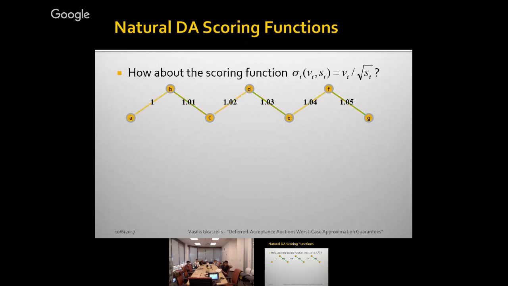Let's see what it would do in the backward greedy. And you guess what it would do in the backward greedy? Exactly. It would start by rejecting this one, and it would reject this one, it would reject this one, and so on. It would keep rejecting until it only accepts one thing. And you can imagine, I can make this path as long as I want. So it would fail miserably, right? And the main takeaway point here is that it's not even maximal if you do it backwards.